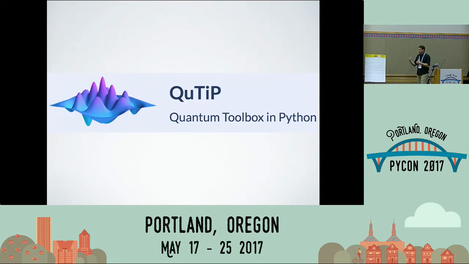The other piece that may not be as familiar to folks in this audience is the Quantum Toolbox in Python, or QuTiP. This is a really great framework of routines defined in Python for doing lots of different quantum mechanics. It really started as a rewrite of the Quantum Optics Toolbox, a MATLAB toolbox for doing quantum mechanics calculations in MATLAB. And of course, now it's open source and free because of all those good things that come with being open source. And that has a lot of the features that we use in the class as well.